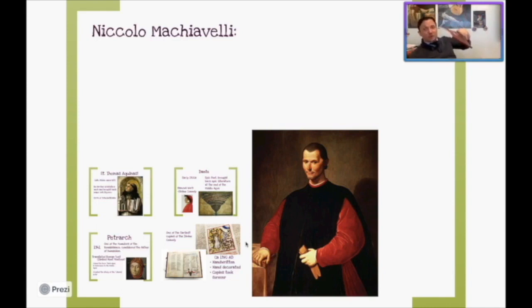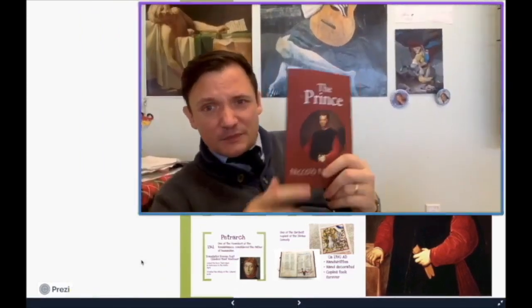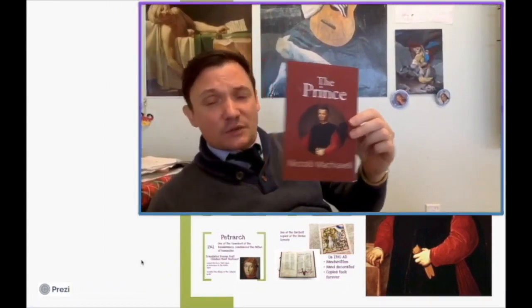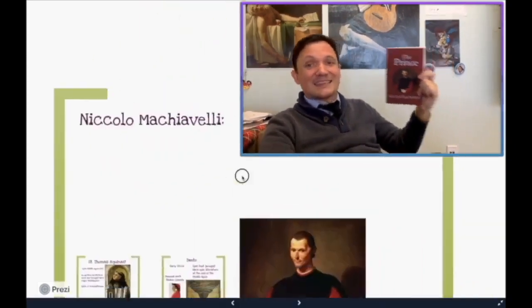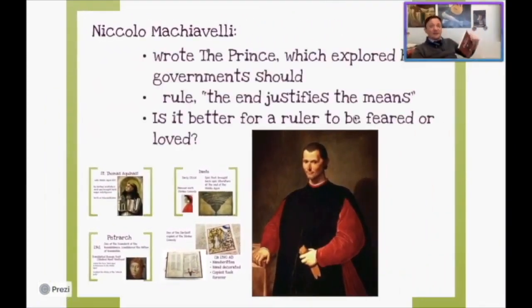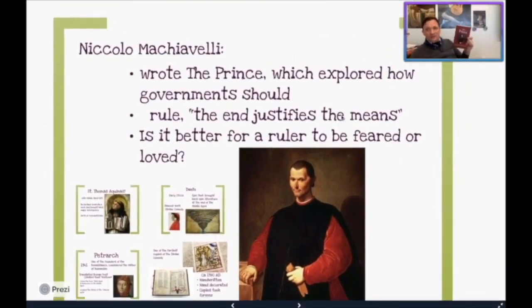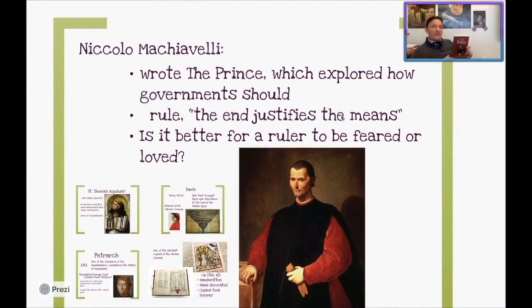Machiavelli is the most important writer post-printing press because he wrote this right here, this famous book known as The Prince, right? The Prince by Niccolo Machiavelli is probably the most important writing to come out of the Renaissance in its entire movement, okay? When he wrote The Prince, he tried to explore one philosophical construct: what is the best style of government, and how should a ruler rule over his people, right? And so the thing about it was he was inspired by this, okay?